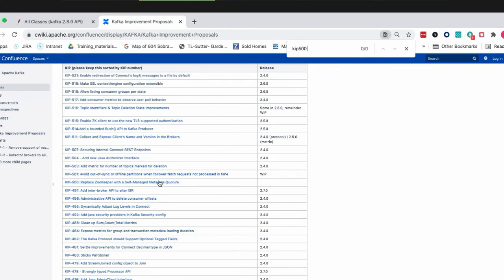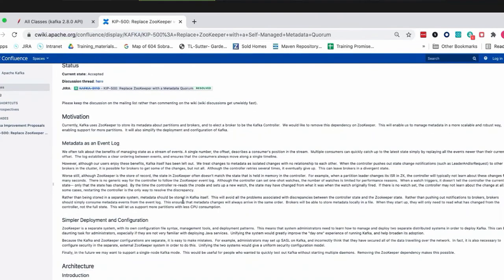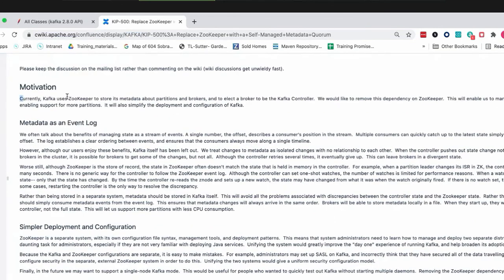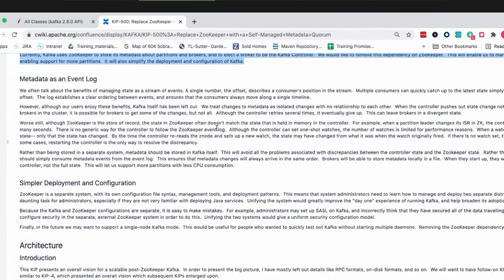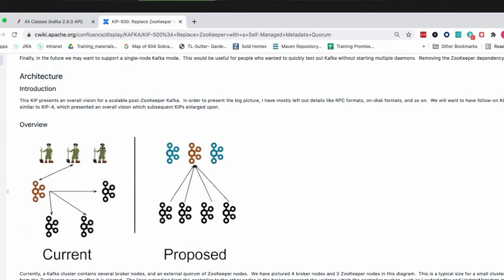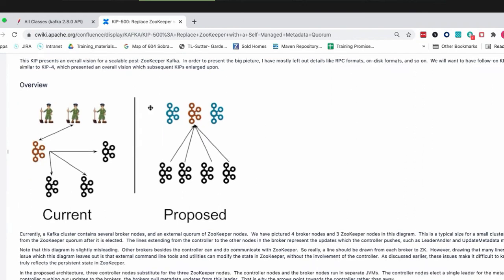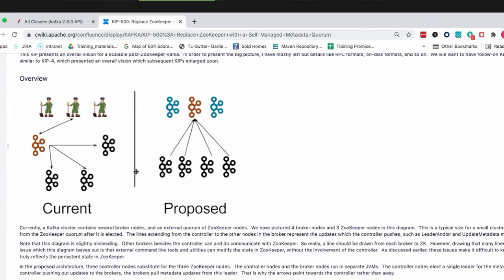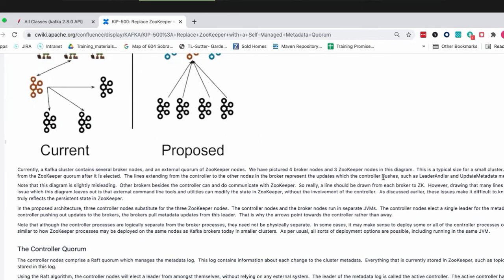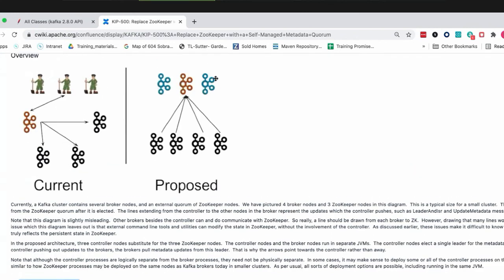So now, if you want to find out this detail, even though we didn't talk about this in the course, I can come over here and read about the motivation, currently how we use Zookeeper to store all the data about Kafka. I mean, all the metadata, everything about the brokers we stored in Zookeeper. And we talked about that. But then what is it that we're trying to do now? Well, we're going to move this into Kafka where we will not be using Zookeeper. So in Apache Kafka 2.8, we now have these controllers that we use, right? And it tells you the details about it here, where we have a controller quorum. We have like 3 controllers that we will use.